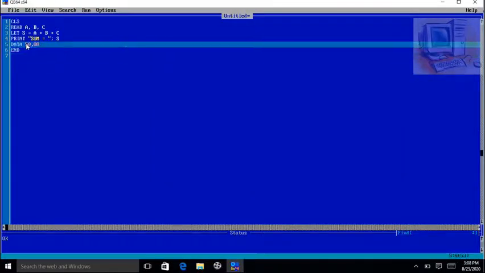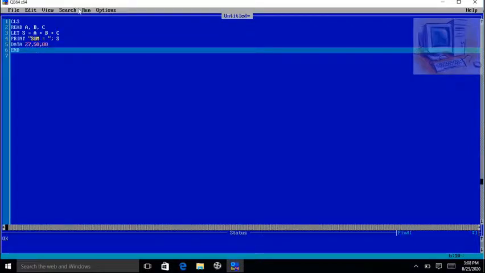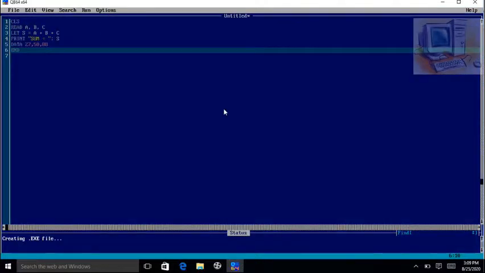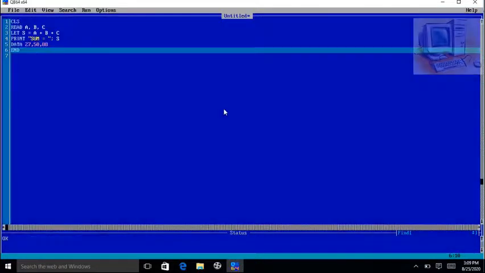So you have to write the number of constant values equal to the number of variables in the read statement. Now if we run it, it will show us the correct answer,